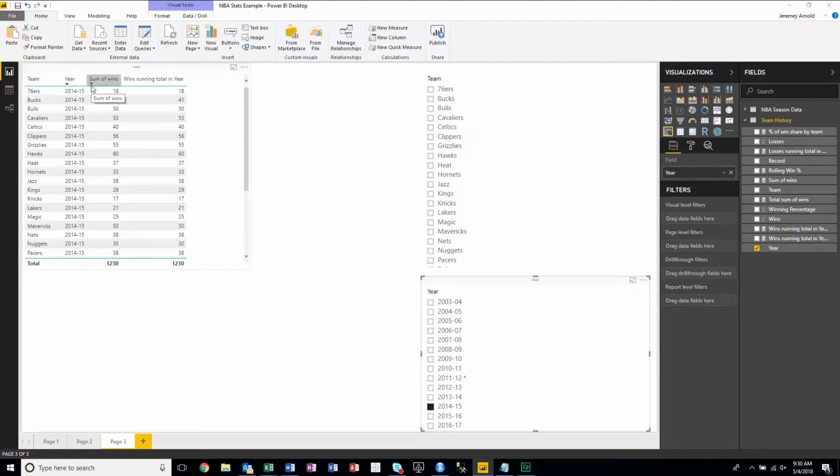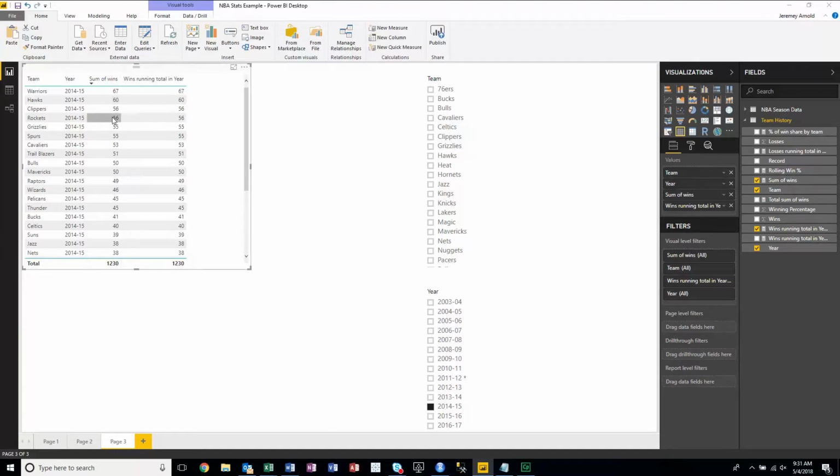But there were some surprising teams. I mean, this was a year the Hawks won 60 games. The Warriors won 67 games. I mean, listen, that was a heck of a team in 2014, 2015. But what we were able to do with the quick measure, and you can see the quick measure is also still contextual, right? When we pick the year,